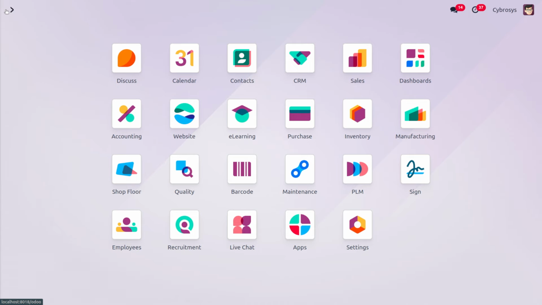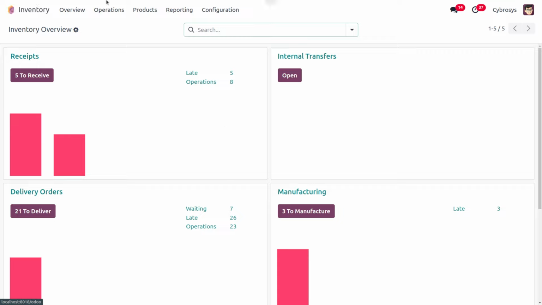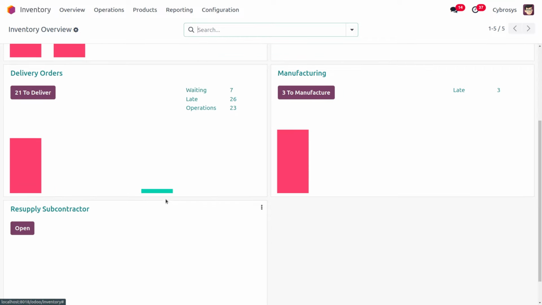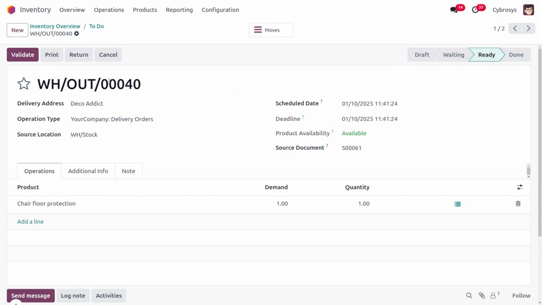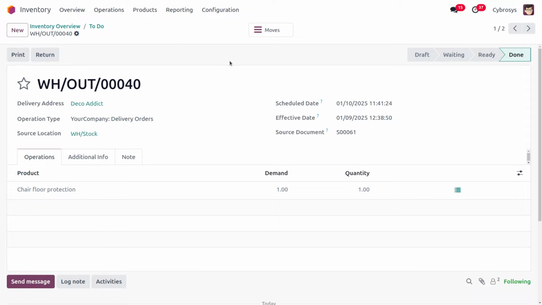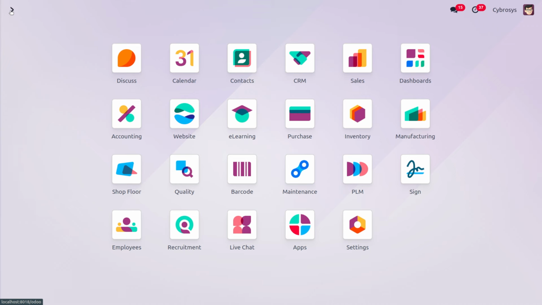Now, as we move on to the Inventory module, under the delivery, a transfer will be created. Here you can find the transfer that is created for chair floor protection with 1 quantity. Now you can click on Validate so that we can do the delivery operation over here.